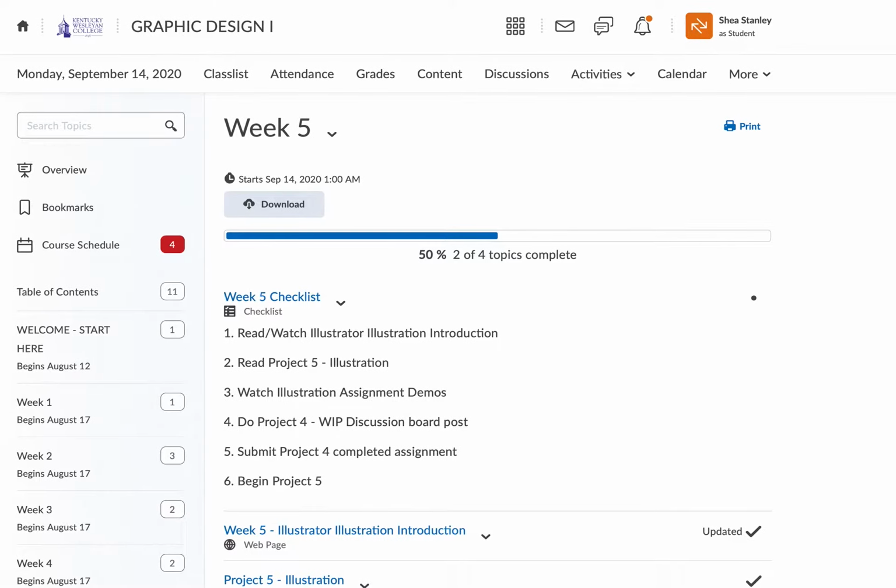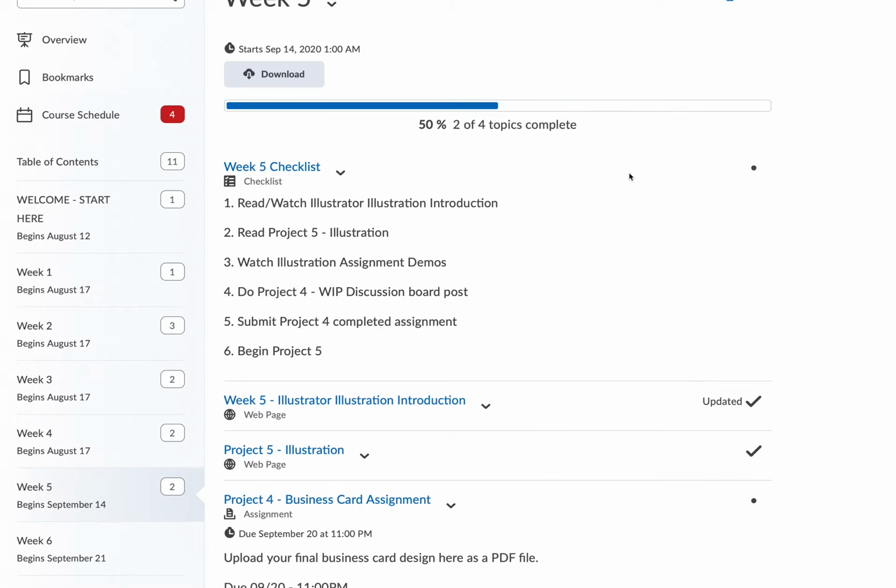Just with our weekly overview for this week, week 5 we're at. So just go over what you have in store this week. You should be wrapping up your business card assignment this week. It's due at the end of the week, and we're going to start a new assignment, which is creating an